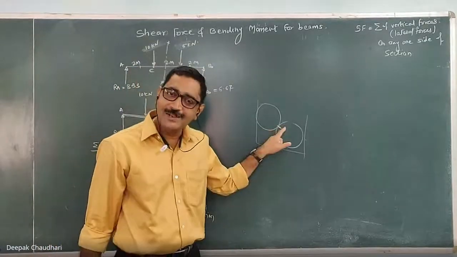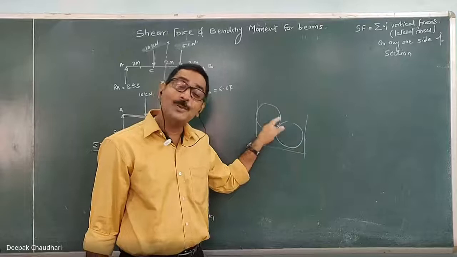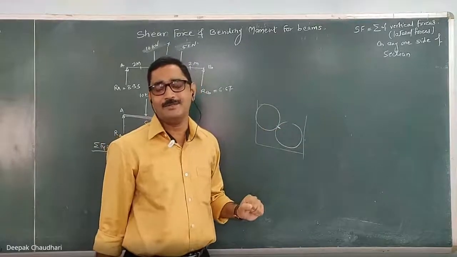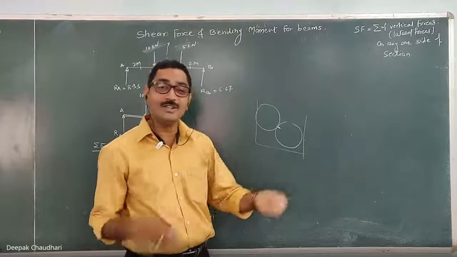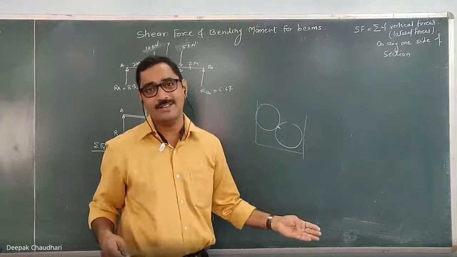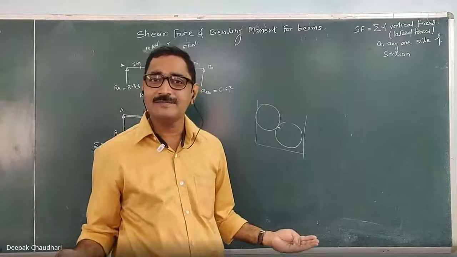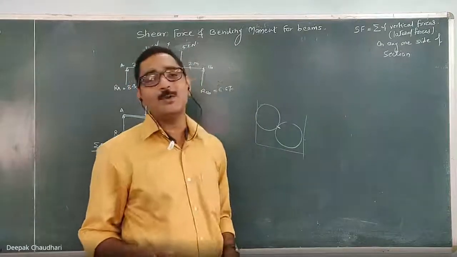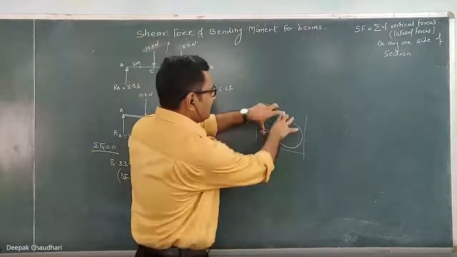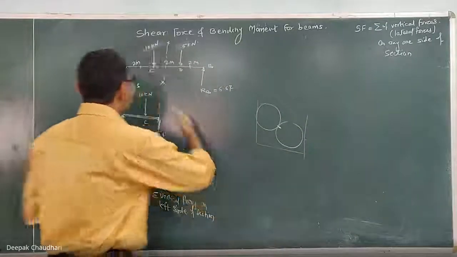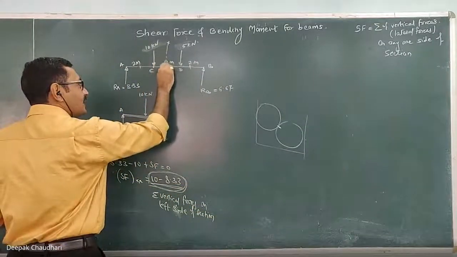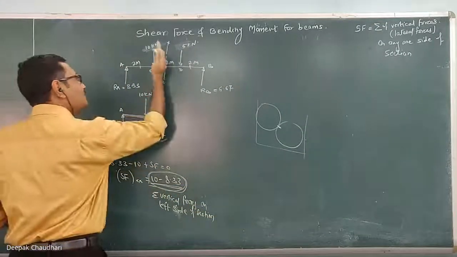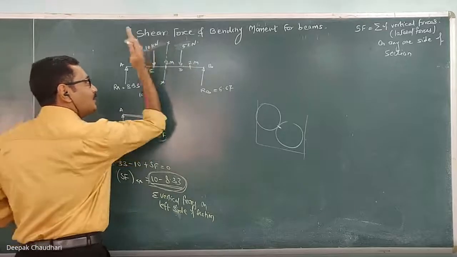If we want to calculate this, what do we do? We first have to expose it. Without exposing we cannot calculate that because it is equal and opposite, so it cancels the effect of each other. Clear? So to calculate this internal force, we need to expose that. And how can we expose this? By separating this. So here also, to find out the shear force at this point, we need to expose that shear force. And to expose that, we are taking the section.